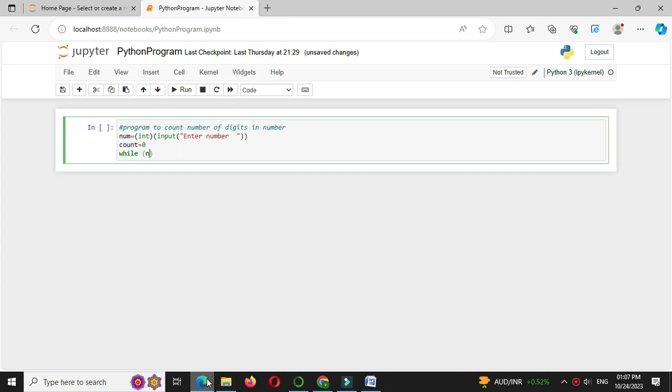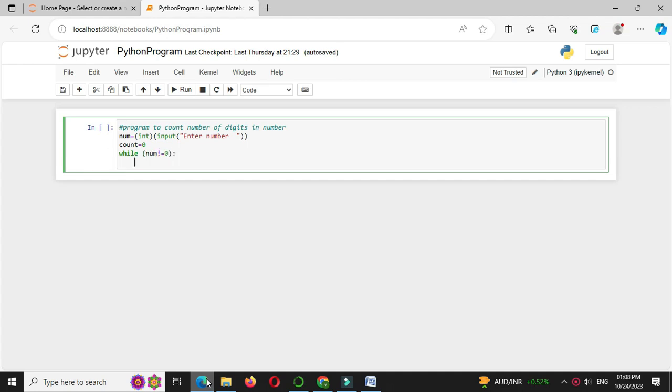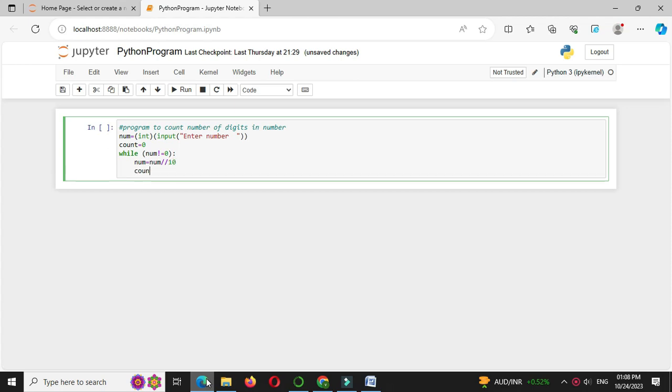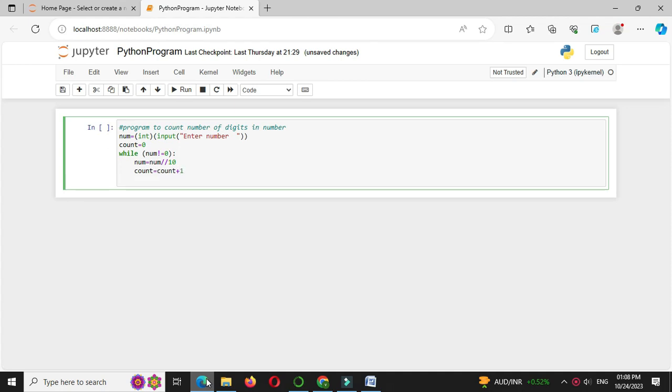Then we will use while loop. So while num != 0, we will remove last digit from the number using floor division. So num = num // 10, and we will increment the count. So count = count + 1, and after completing while loop we will print number of digits in a number